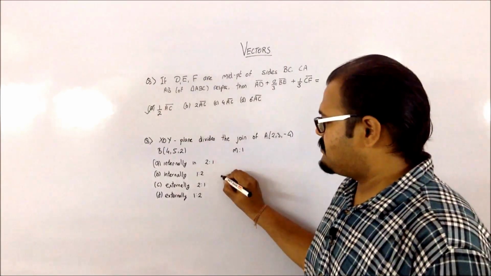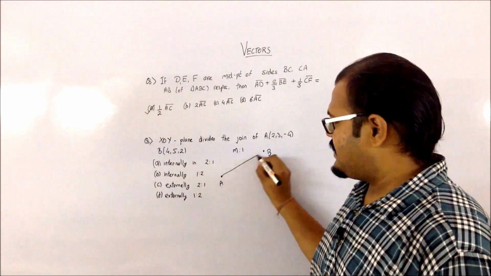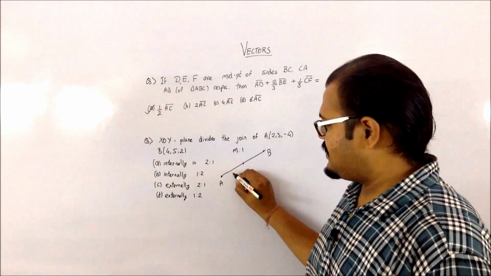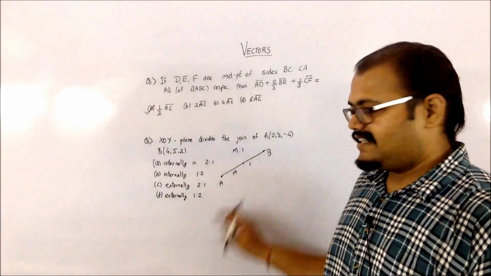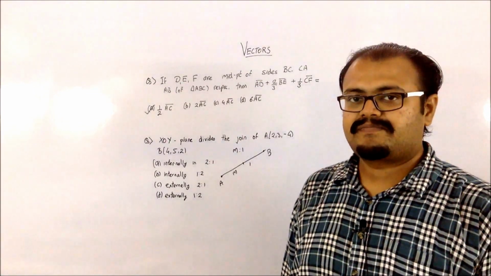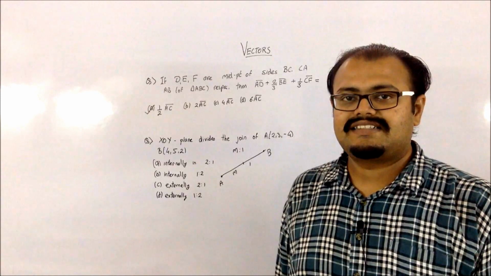I have the point A over here, the point B over here, and let us say that it is an internal division. The internal division is m:1. So if I am getting the value of m as negative, then I have to consider that it is an